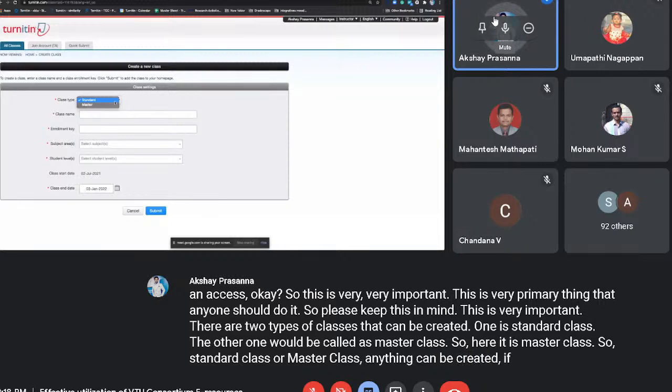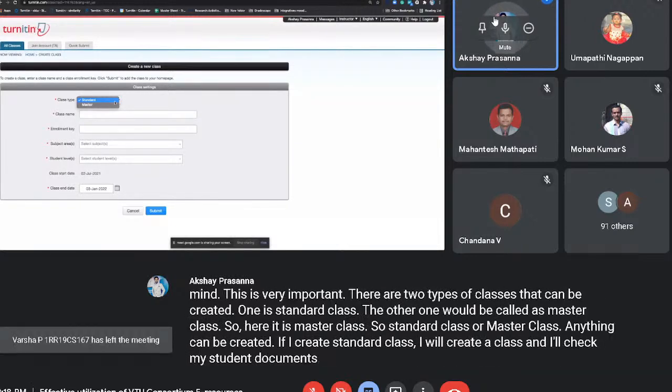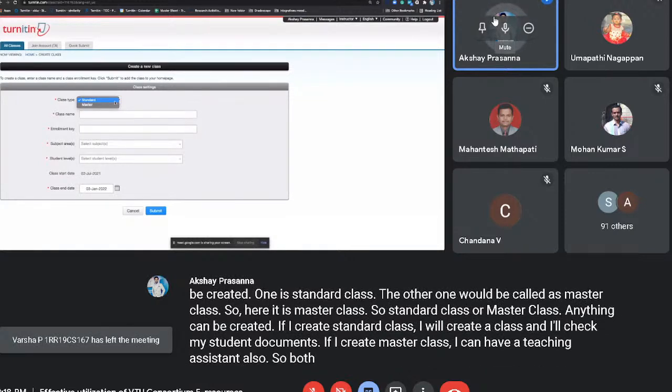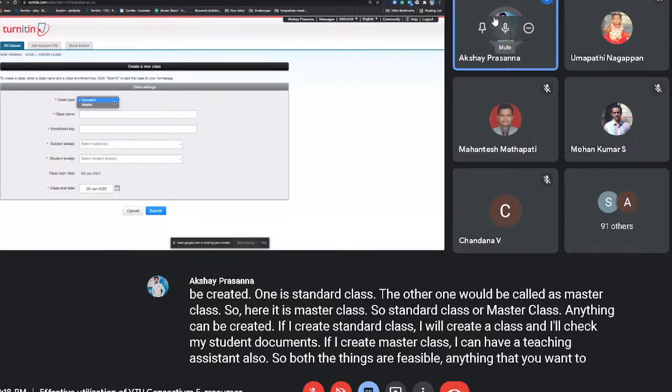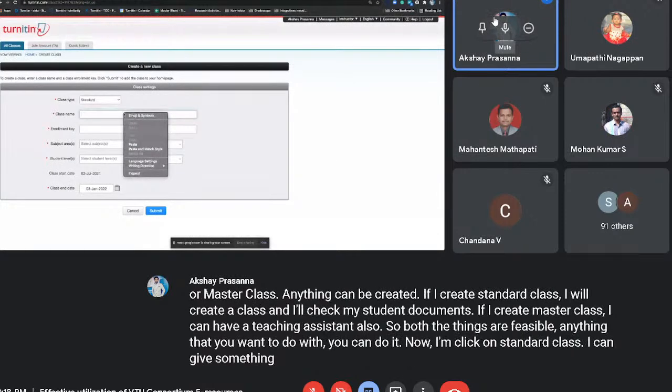If I create a standard class, I will create a class and I'll check my student documents. If I create a master class, I can have a teaching assistant also. So both the things are feasible. Anything that you want to do, you can do it. Now I'm clicking on standard class. I can give something called as